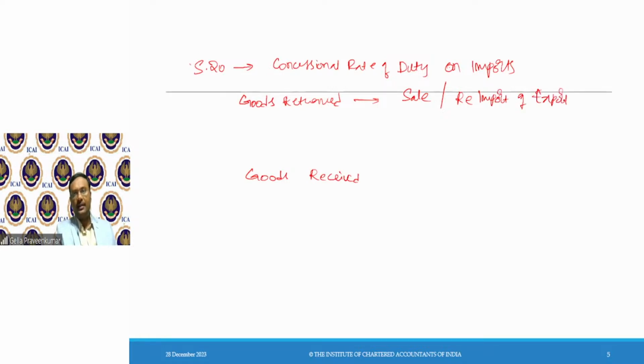Where we have discussed one example in relation to plant and machinery which was imported. This plant and machinery carries warranty. I have sent this particular plant and machinery for repair. On receipt of this plant and machinery, the notional repair charges are to be considered for payment of duty.